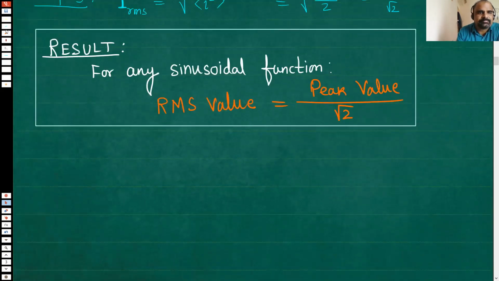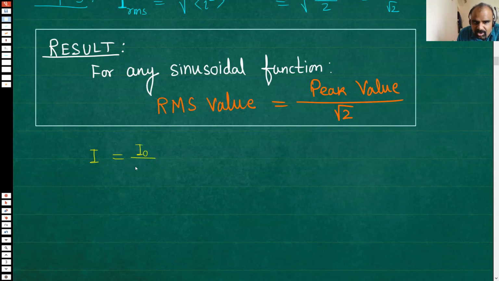Okay. So we can say that capital I, which is RMS, is equal to capital I naught by root 2, and capital V, which means RMS voltage. Now I'm not using the word RMS. I'm just writing capital V. It automatically means, you have to get used to it, that when you use capital letter, it automatically means RMS value. So it will be peak value by root 2. This is of course valid because this current and this voltage were sinusoidal function.